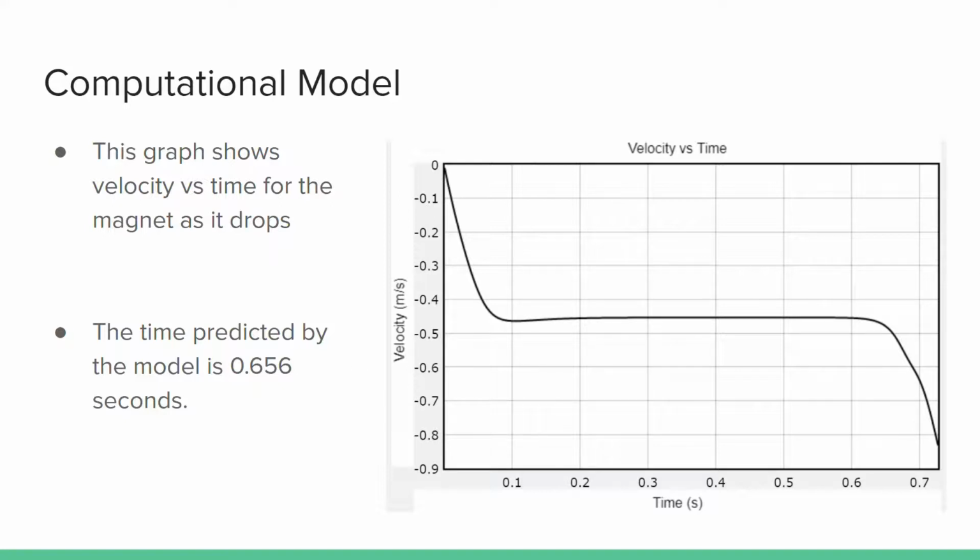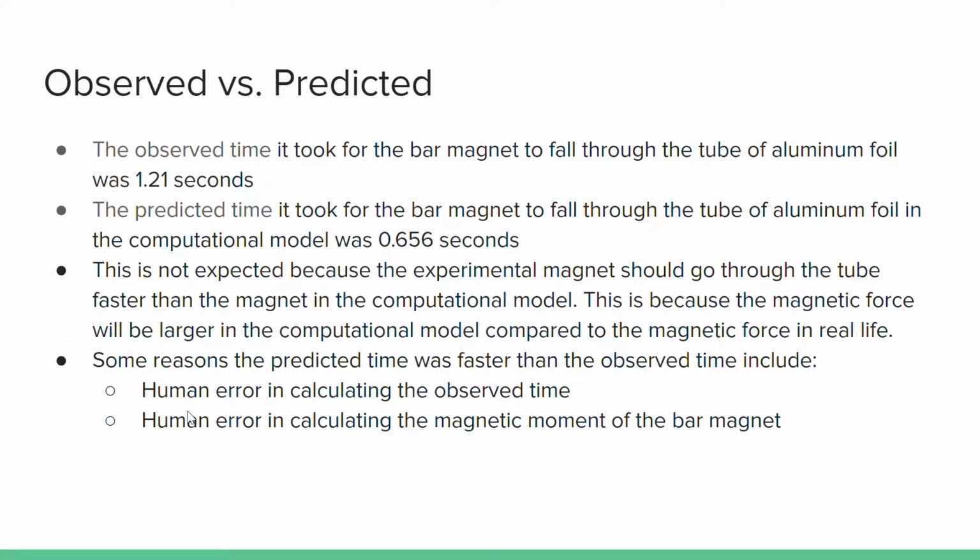This graph shows the velocity versus time for the magnet as it drops, and the time predicted by the model is 0.656 seconds. So comparing the two times, it took 1.21 seconds during the experiment, and the predicted time was 0.65 seconds. This is not expected because the experimental magnet should go through the tube faster than the magnet in